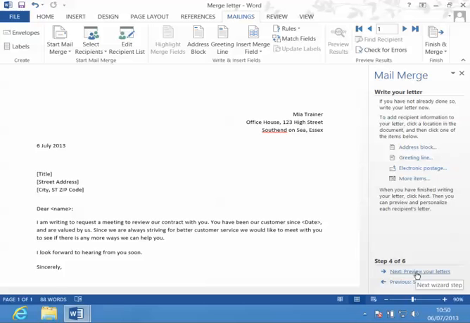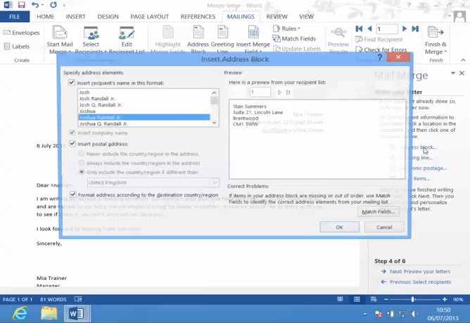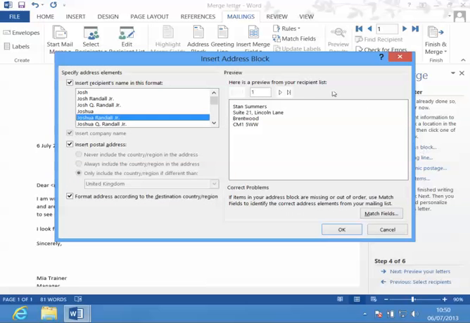Now in step 4, I actually write my letter. Now in this case, I've actually written pretty much most of it. I just need to add the merge fields, which I have over here. You can see all of my address information goes here. Delete that. And I'd like an address block. What it does is it previews over here. And on this side,